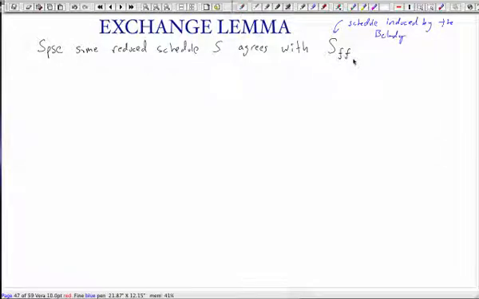I call it FF because it's farthest in future. So SFF is the schedule that you get when you do the farthest in future rule. So suppose some reduced schedule S agrees with SFF for